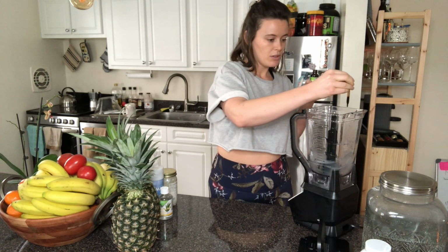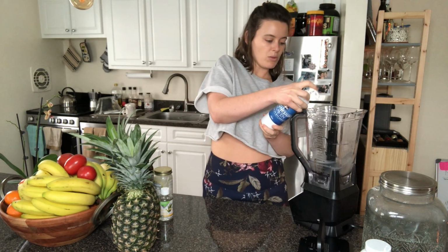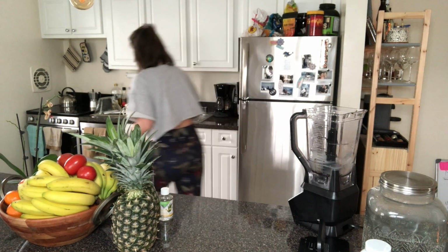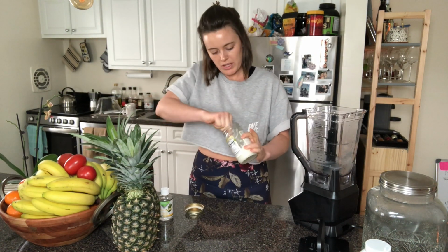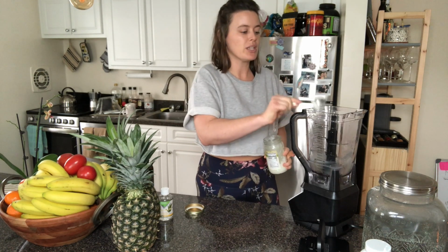It smells so good. I also have some magnesium gel. I want to pop just a couple of squirts of that in. Oh, that tea tree smells so good. My hands are wet. Can't open the freaking gel. Oh, there we go. Okay, also going to pop in some coconut oil because it's super antibacterial and really, really